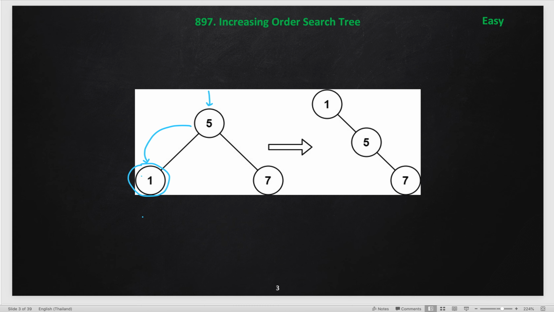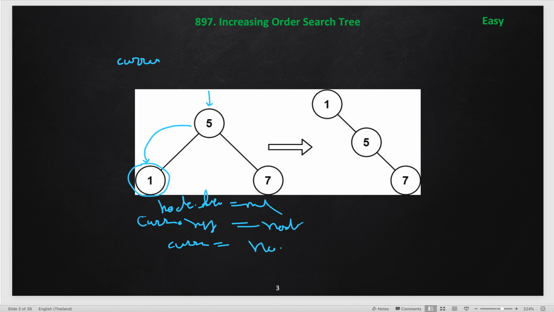We will also create a dummy node as our current node as a global variable. In this current global variable, we update current dot right with this node, the last node we reach, whatever the node value is. Before assigning, we will also change the left pointer to null, if there is anything. We update node dot left as null, and then we update current. We assign current dot right as this node, and current as well is this node. Then we will call the right subtree.